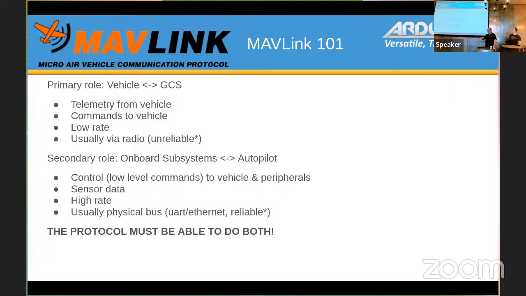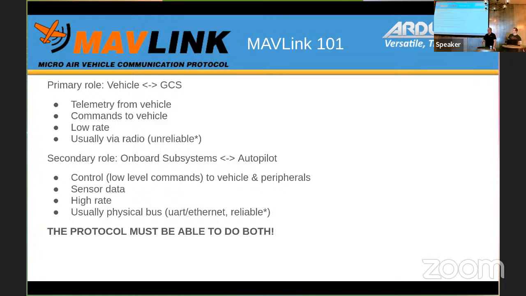Why I highlight that as the first use case of MAVLink is because only MAVLink provides that function to ArduPilot. The secondary role is basically an internal bus, whether that's between the companion computer and the autopilot, or the autopilot and other peripherals such as gimbals or rangefinders, those kinds of sensors. Even though it's still MAVLink, that's a very different implementation and use case.